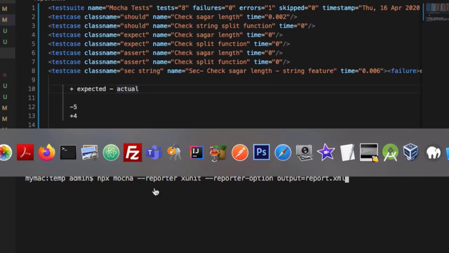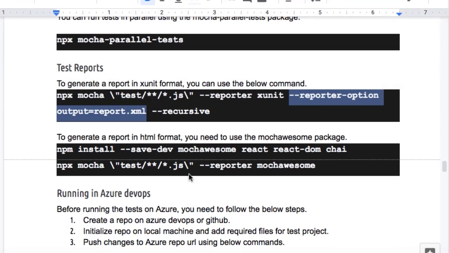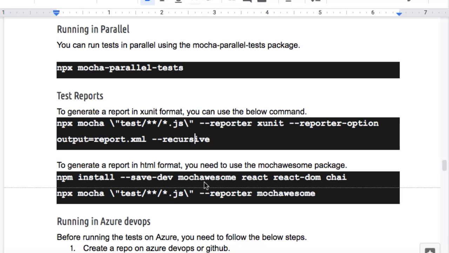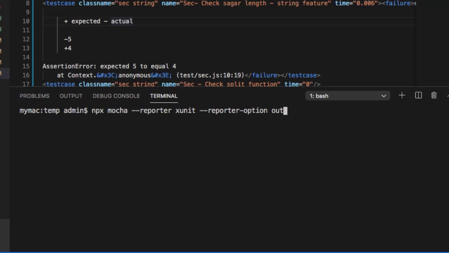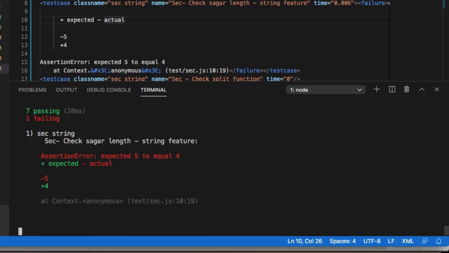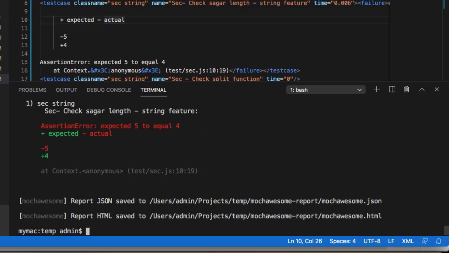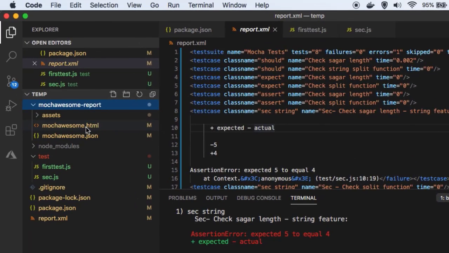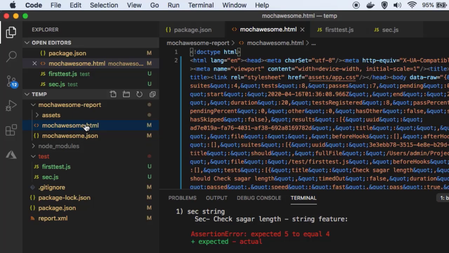Now let us create the HTML report. What you do is you have to use the Mochawesome reporter. So instead of xunit, you have to use mochawesome. And you can see here the mochawesome-report directory is created and there is an HTML file. So if you open that file,